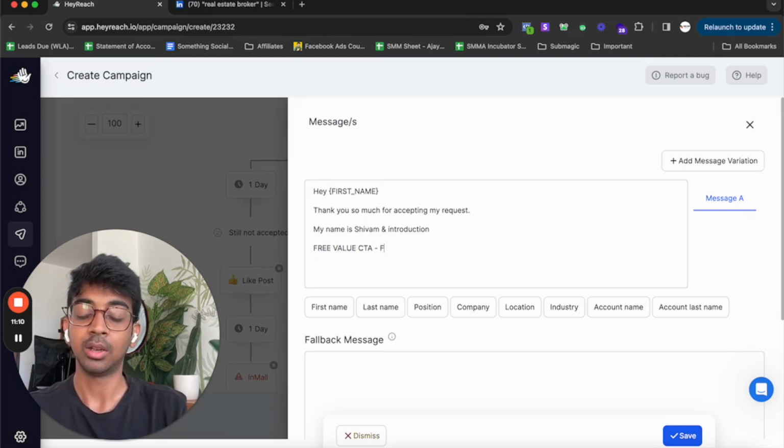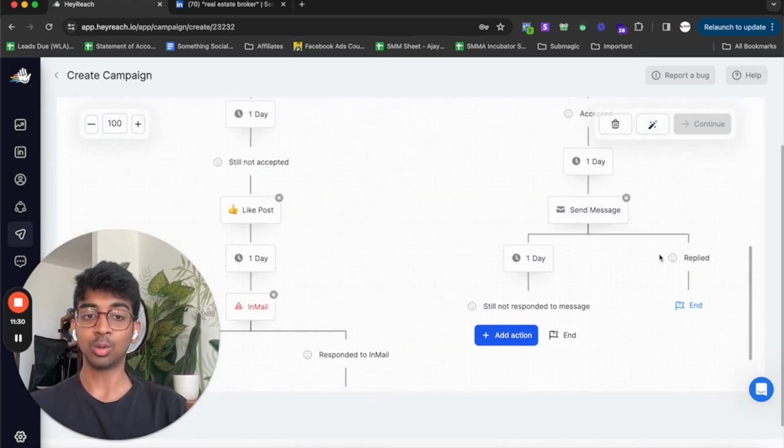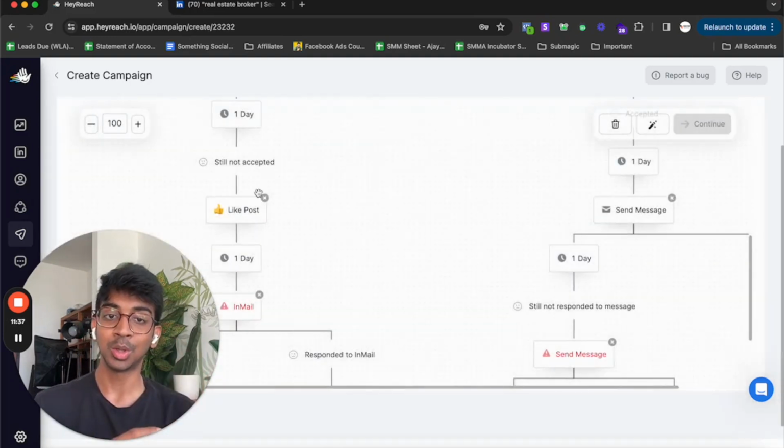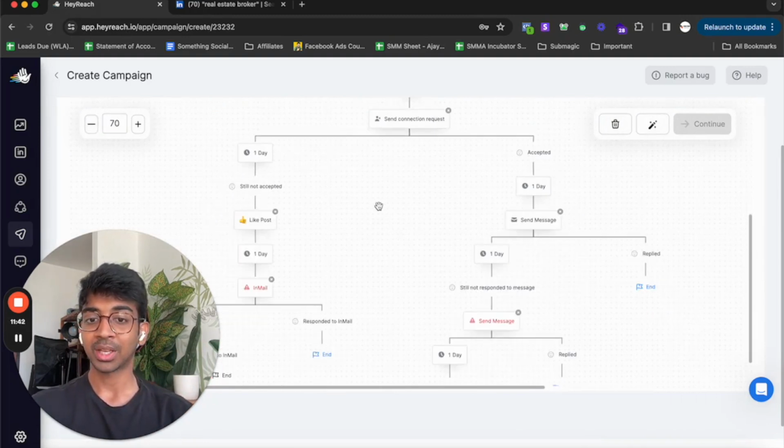So it can be a Loom audit, a content calendar, strategy, ebook, free posts, whatever it may be, something of free value, so that they reply back to you. And basically once they reply, it will end it. If they still haven't replied, then you can even add another message, which is a follow-up message to your first one. So you can see we can build out this whole automation in a sense of the tree being like,